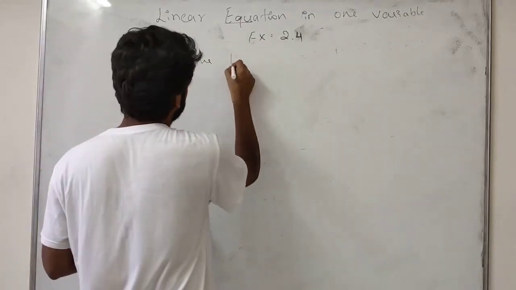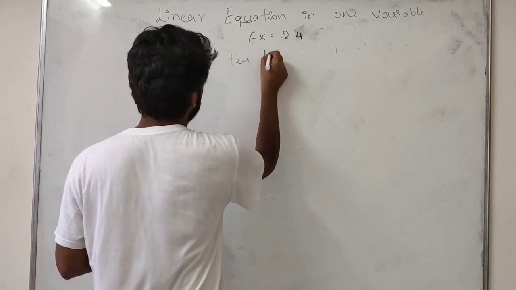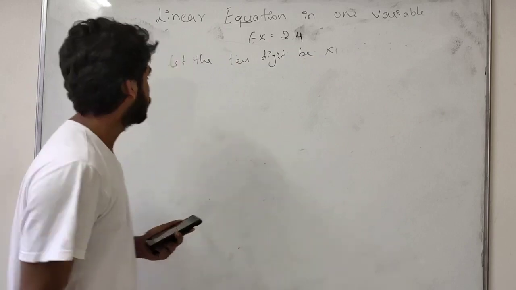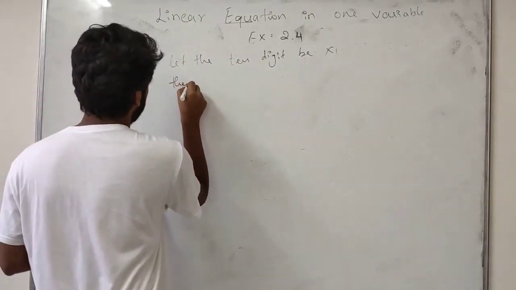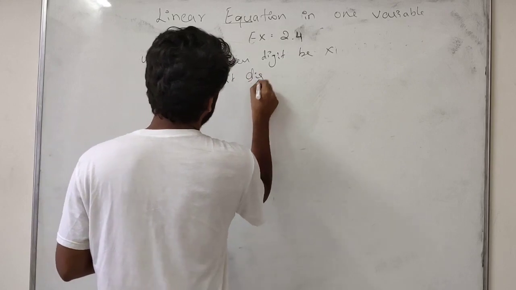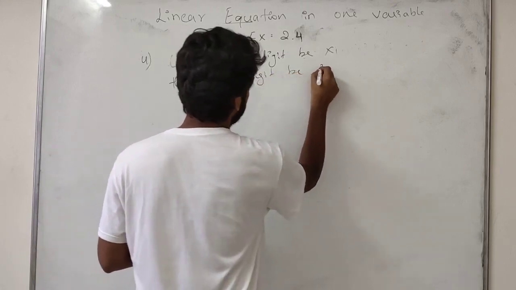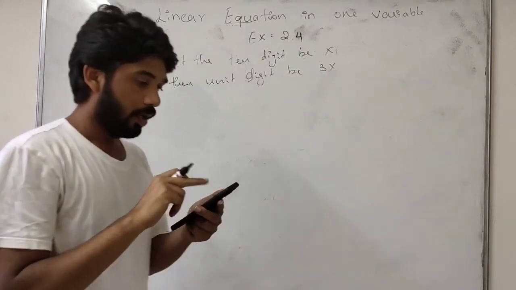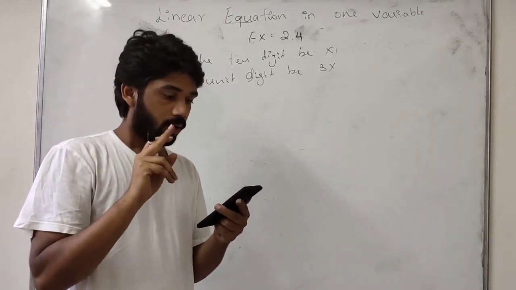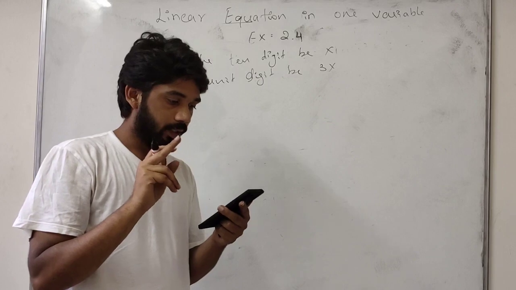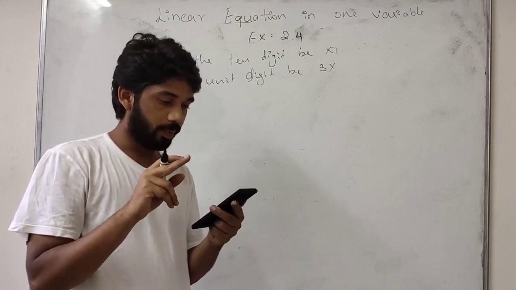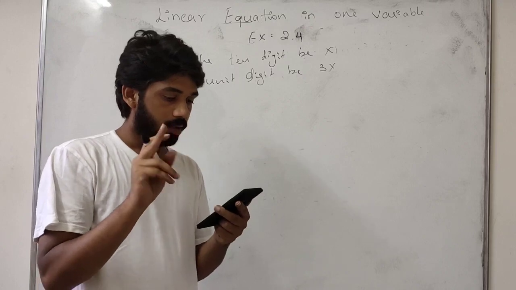Let the tens digit be x. Then the unit digit is 3x. Now, if we interchange the digits of this two-digit number and add the result, the original number will be written as